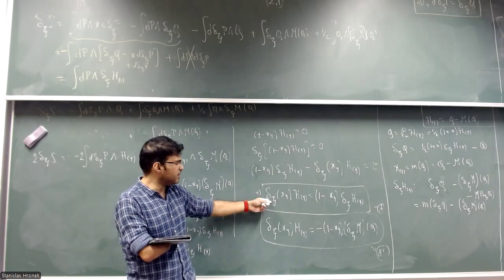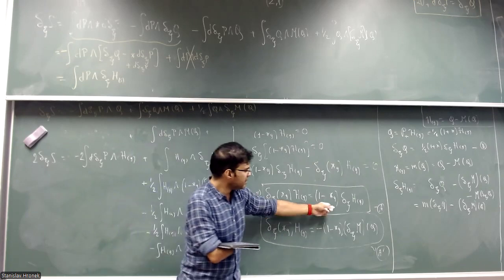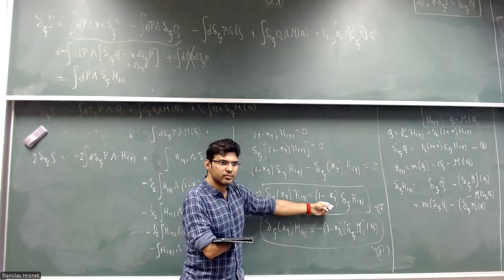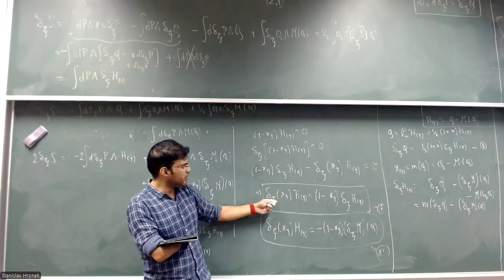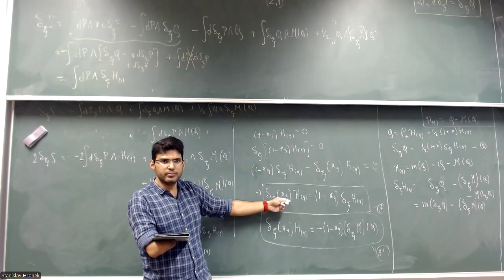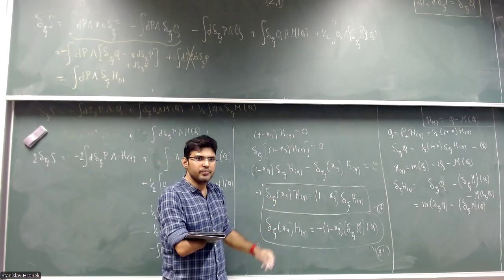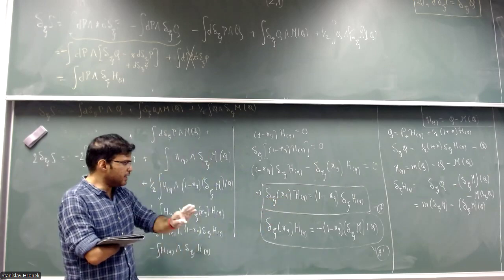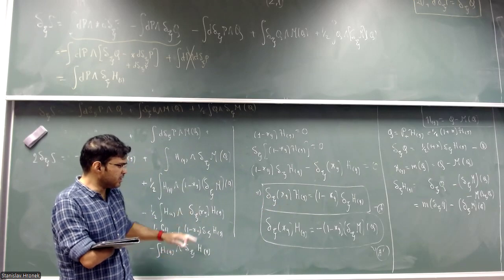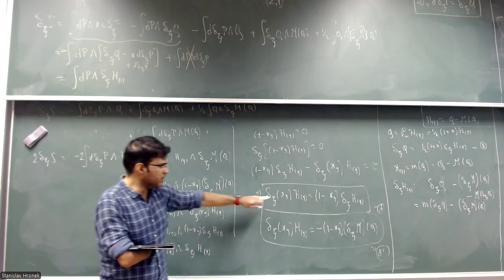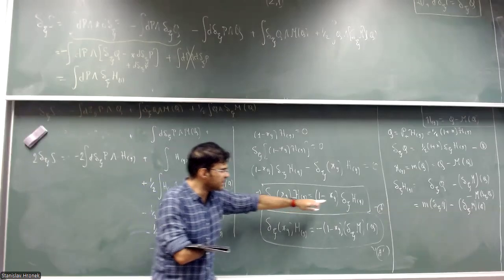And the difference, as you can see, is not 0. The difference is precisely when xi acts on star G. And this tells you that only in flat space will it be 0. Sorry, I could not understand your question initially and I confused you, but this is proving that delta xi is